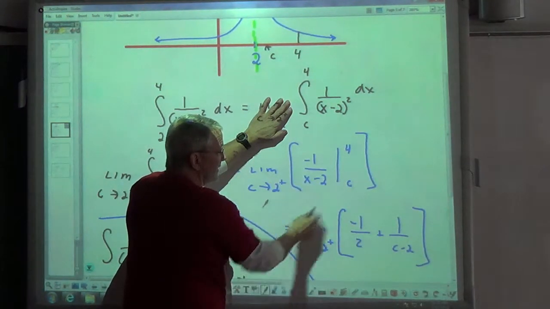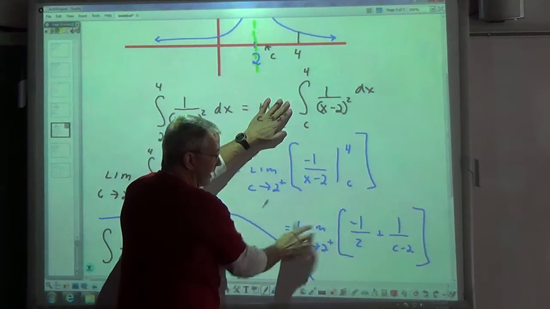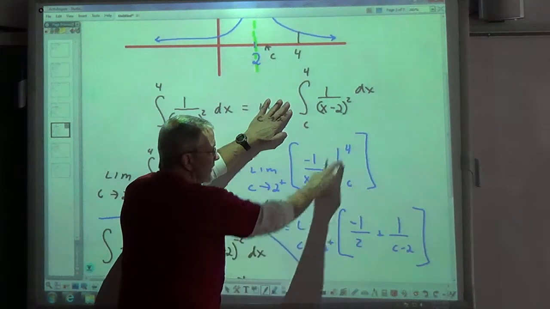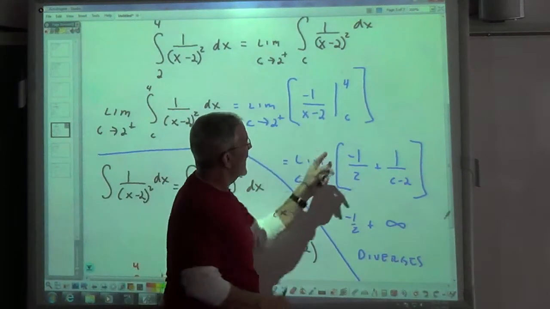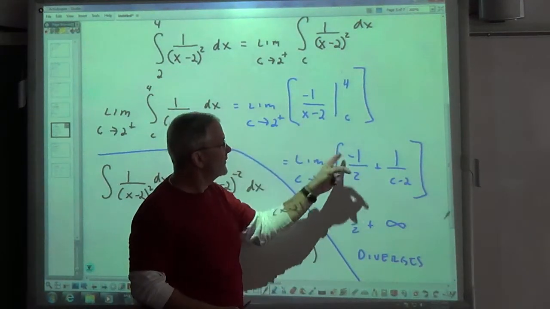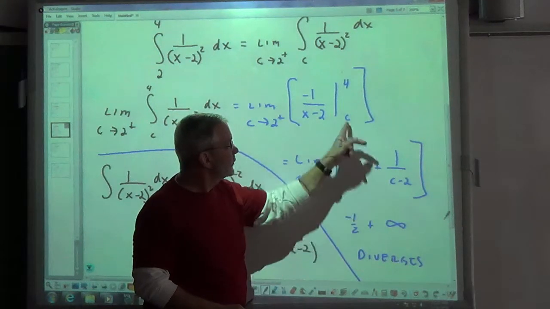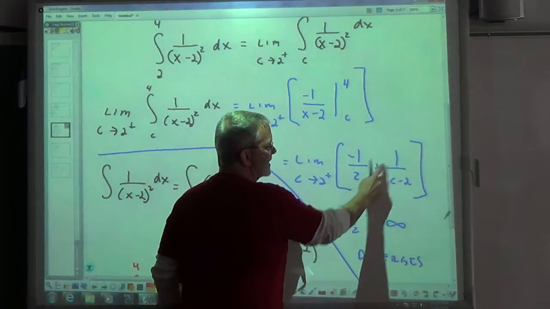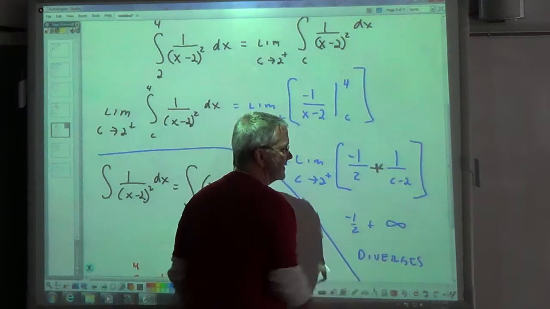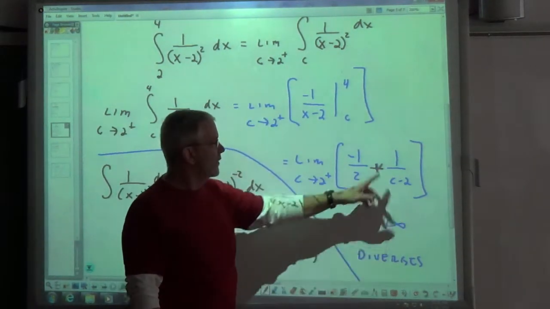Antiderivative at 4 minus antiderivative at c. Then I'm going to take the limit as c goes to 2. Well, if I put 4 into that, 4 minus 2 is 2, so I have negative 1/2, plus, put c into that, it's going to be minus negative, that's what makes this positive, over 1